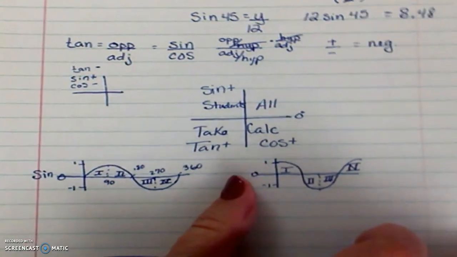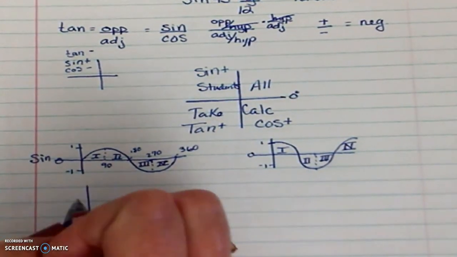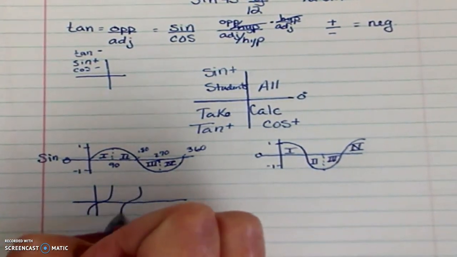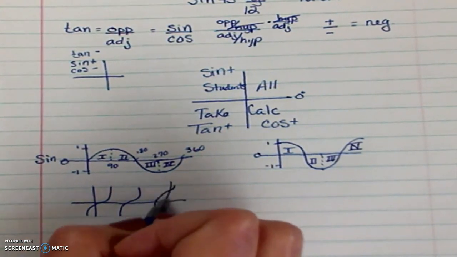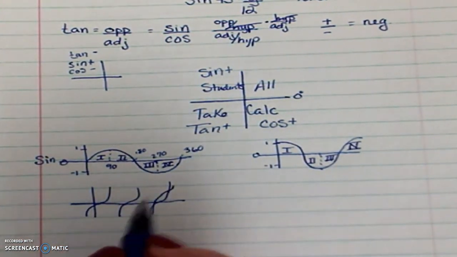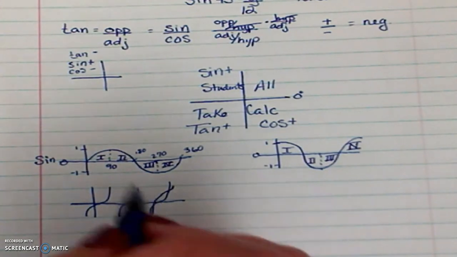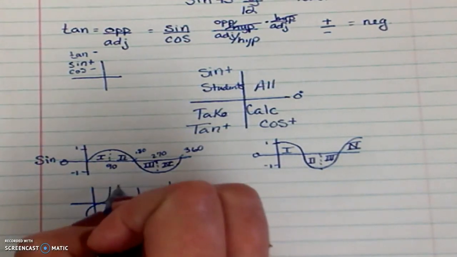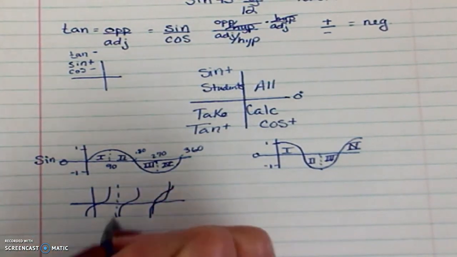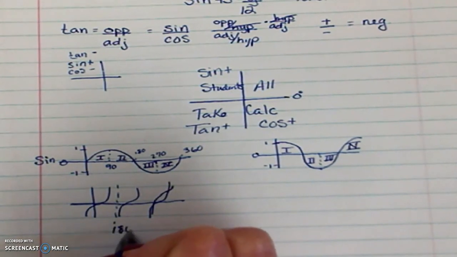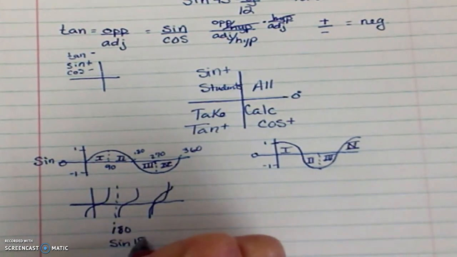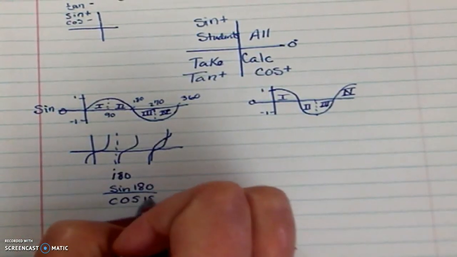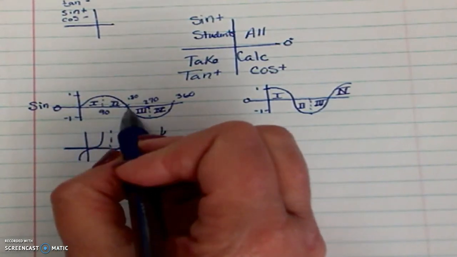Now tangent, the tangent curve gets a little more complicated, and as you start to look at the tangent curve, you start to get values like this. You have some values that are undefined because wherever cosine is 0, such as the cosine of 180 degrees, which would be found right here, if this is 180 degrees, you're going to have the sine of 180 divided by the cosine of 180. So the sine of 180 degrees,